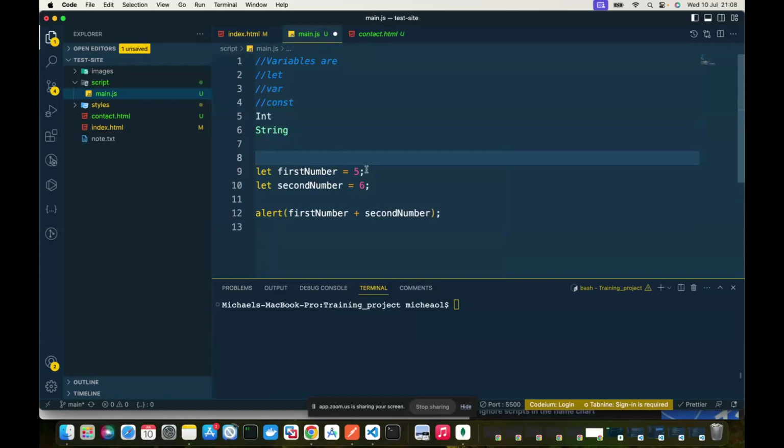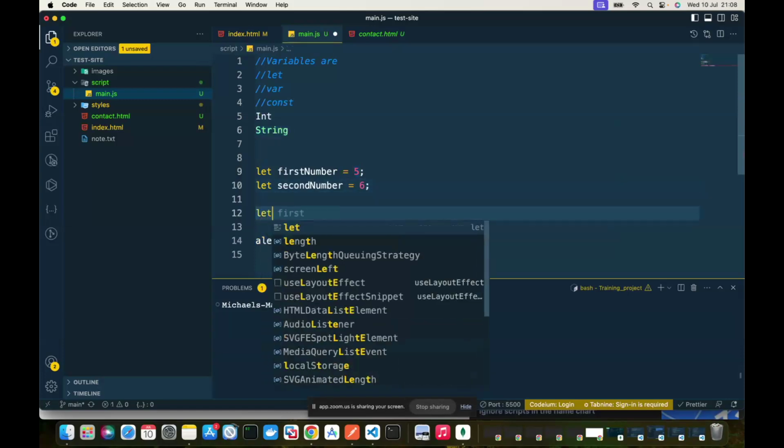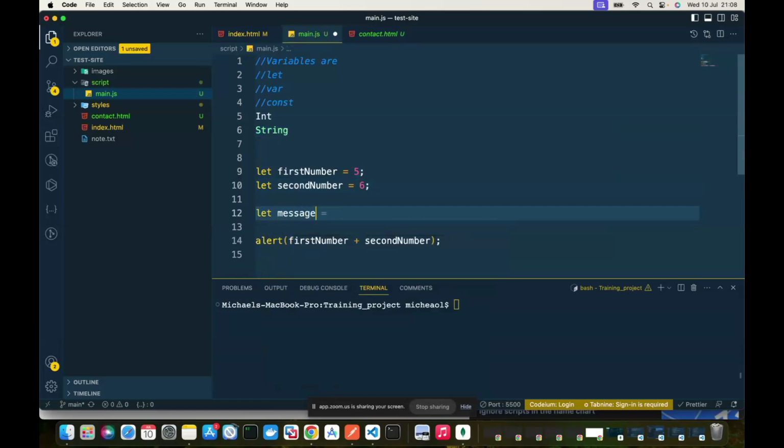So a number from 0 to 10 or -5 to -10 is an integer. And a string is when we say something like let message equals to I am Lisa. This is a string. I am Lisa is a string.